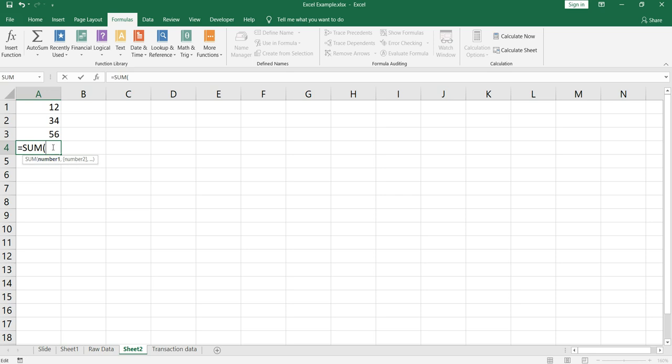So if I take SUM, and then click on cell A1, then put a comma, then cell A3, and close the bracket, I'll get the sum.